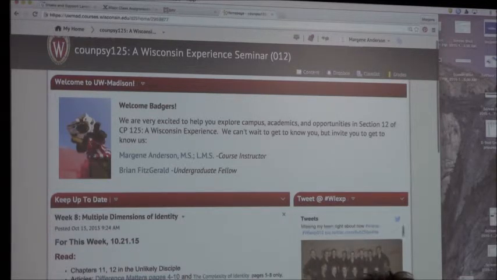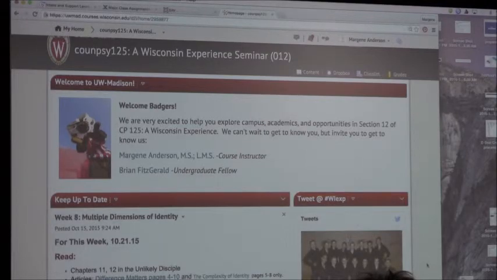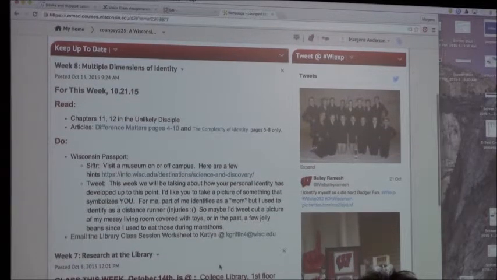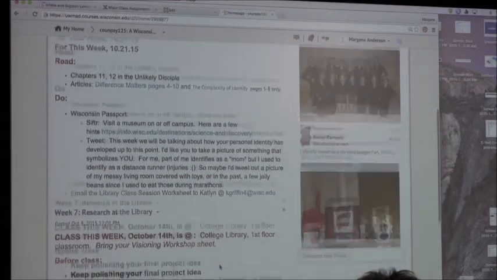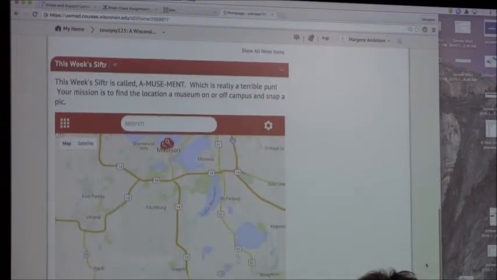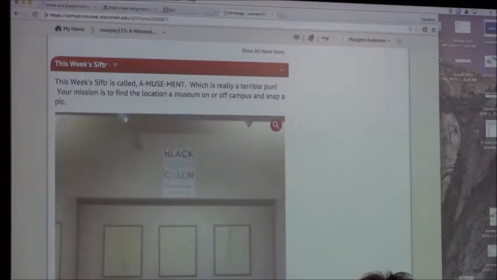So you can see my students are doing their tweets and all that cool stuff, and that's on that side. I have freshmen, so just from course design, I have them think about one thing at a time, one week at a time. And here's this week's Siftr. I try to be funny and it's not. It's so bad that it is funny. So this week is called Amusement, which is a museum. And their mission is to go and find a location on or off campus, and let's see what people have been up to. This is at the Education Building,